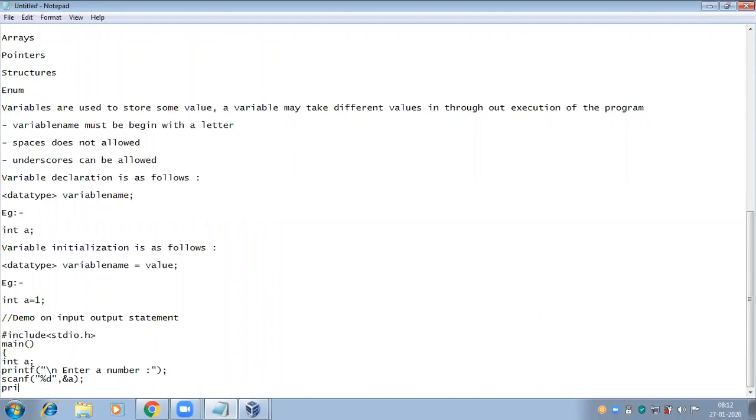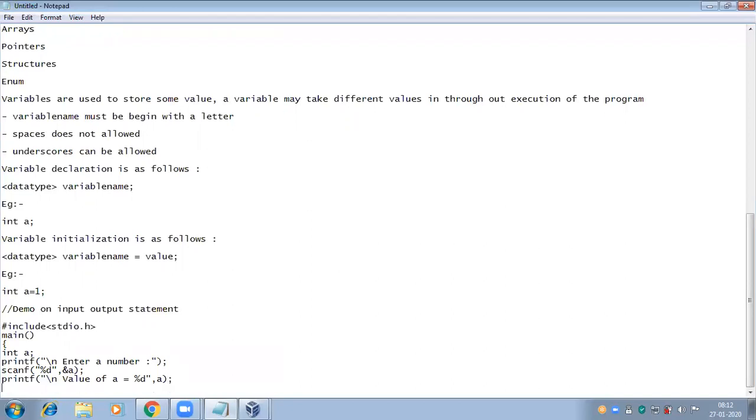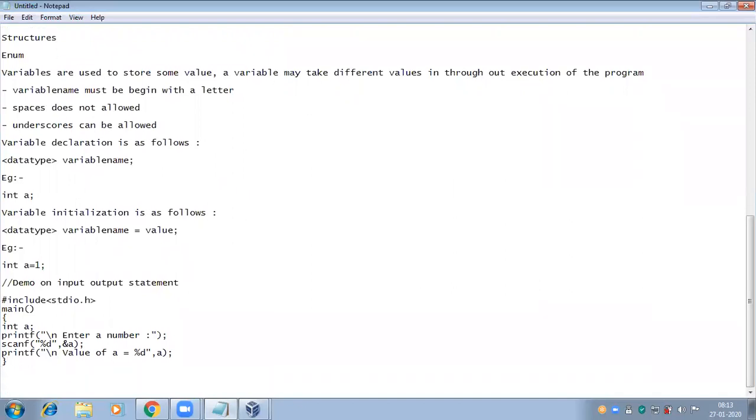Once we get the value into the variable a, then I should print the value on the screen. Along with the string, if I want to print it, you can write the string. What kind of value am I printing? Integer. So %d. In the input output statement I'm using the control string like %d, so the compiler can understand to read the integer value and print the integer value, right? Same compilation steps: cc filename.c, then ./a.out.